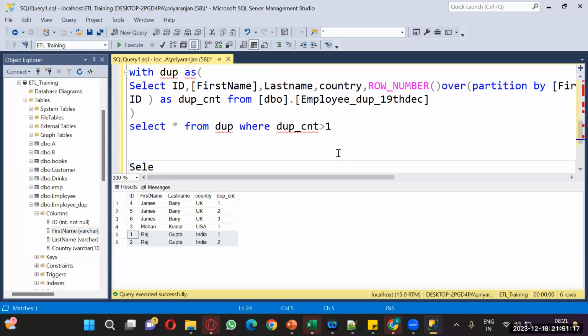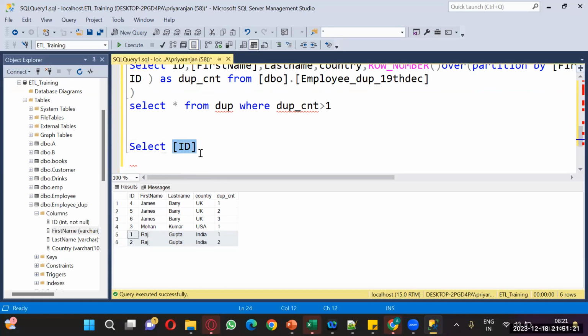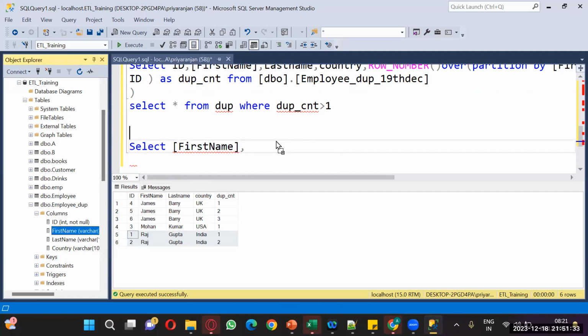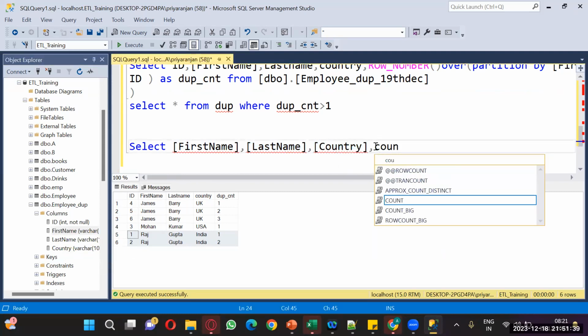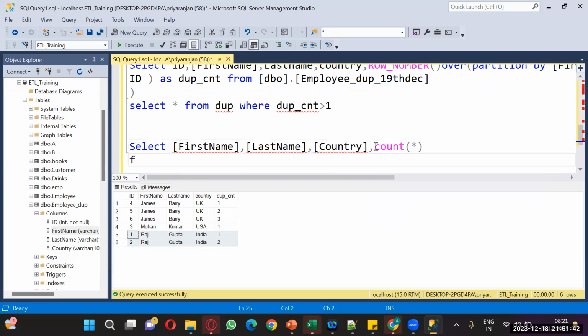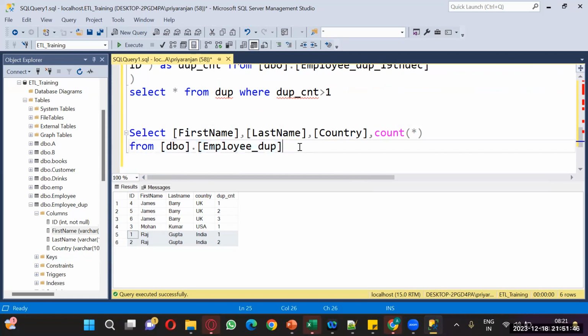You can identify the duplicate like this also. You know that aggregate function, you can use that as well and identify the duplicate record. Like ID, do not use ID, it is a primary key, but you can use first name, last name. You can use it this way, but how to delete the record using this, I'll tell you when we do the exist one. So you can use this way as well. On this particular table you can use group by, then